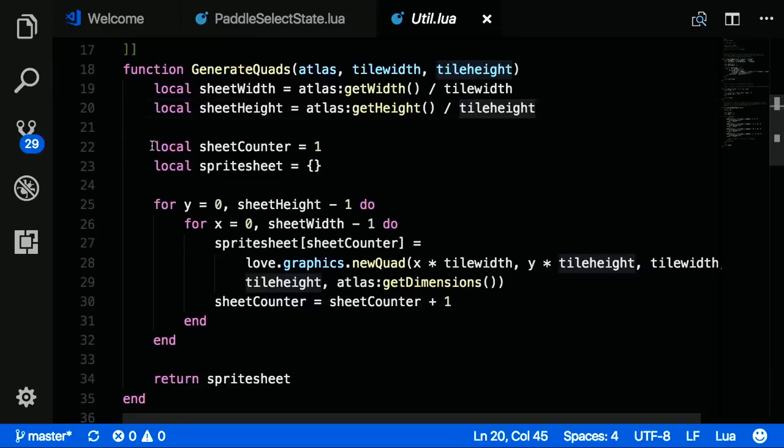And then we just do a simple nested for loop here. We start a counter and a sprite sheet. The sprite sheet is going to be a table that holds all of our quads. We say for y gets 0 to sheet height - 1, starting at the top going down, and then x equals 0, starting at the left going right. At sprite sheet counter, which is 1 here, because in Lua tables are 1 indexed,